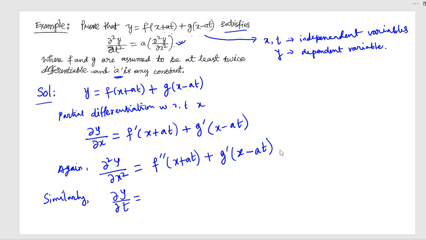So this is going to be, with respect to x plus at, into, there will be one a, because it is multiplied with t, no? So apply the chain rule. So this would be g dash of x minus at, and there will be minus a,